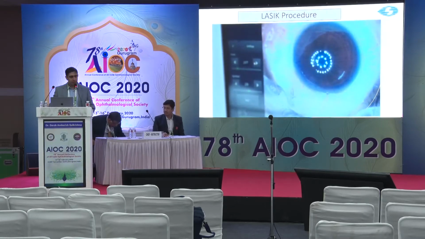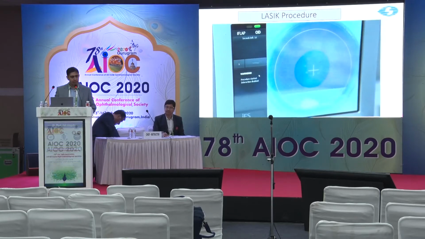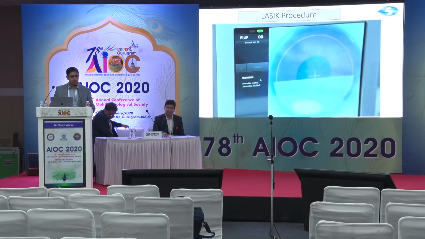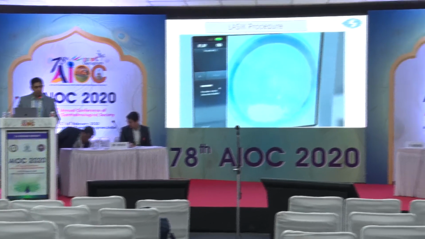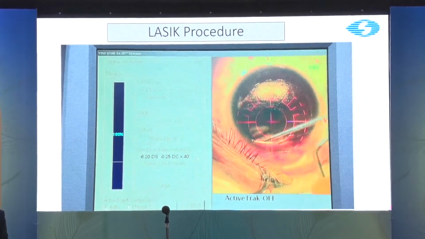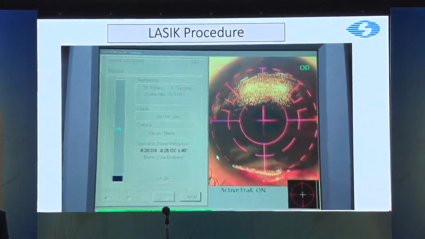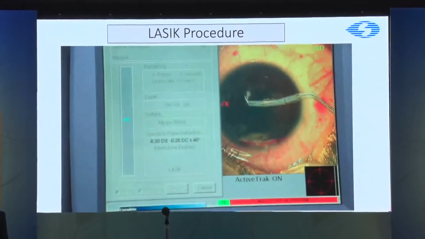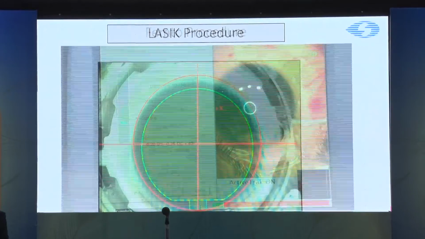So we'll just start off with a couple of videos of the femtoLASIK. I have access currently to the IntraLase device, the IntraLase 150. This is the typical femto. I'll come to the mechanics of the flap. But following the femto part, then the excimer is performed the normal way. What you have to be aware of in a femto flap is that it's a little more sticky than the microkeratome flap, so lifting it is a little bit more challenging.